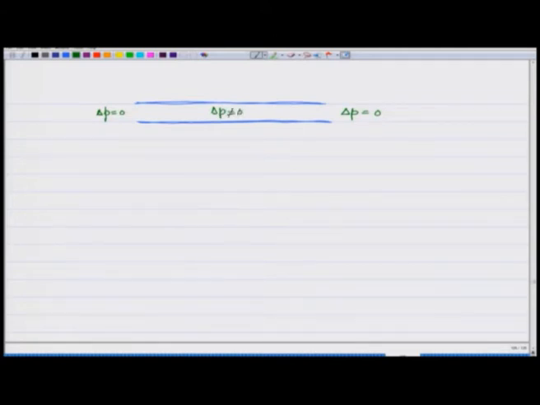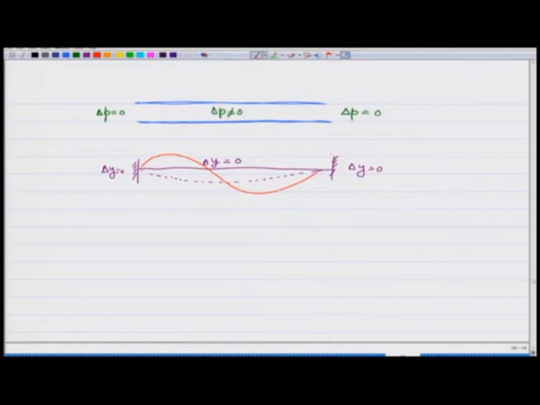vibrating. This is exactly the same situation as that of a string. Remember, in a string, the displacement delta y at the ends was 0, and in the middle delta y was not 0, delta y or y the displacement. So, the string could vibrate in different modes and so on. In exactly the same manner, now if I look at this open ended pipe,